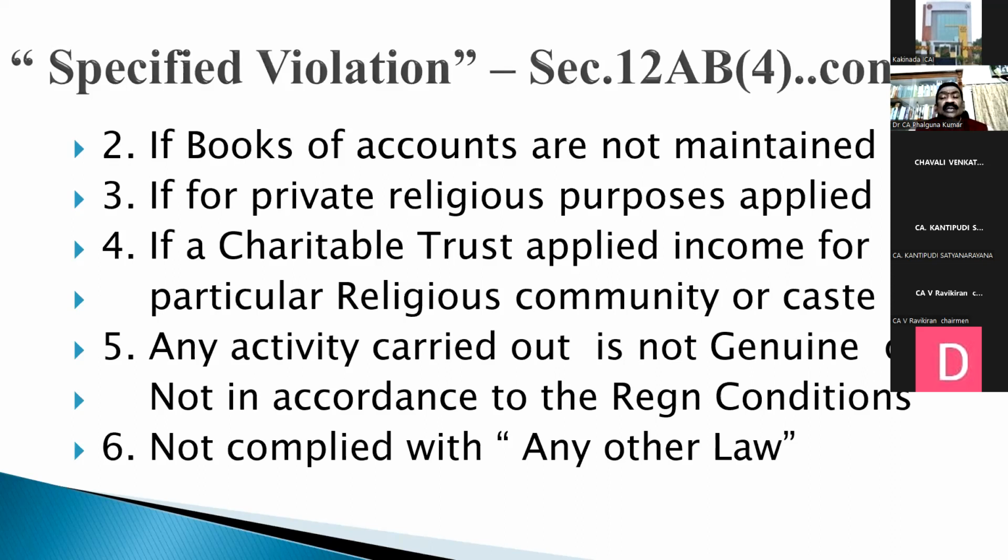The assessing officer who is conducting the 143(3) assessment may bring this specified violation to the notice of the commissioner, or the commissioner may get the information on his own, or through the risk management strategy. Now the computer is analyzing 360 degrees of every PAN number. Through that risk management strategy, if some information comes to the notice of the commissioner,